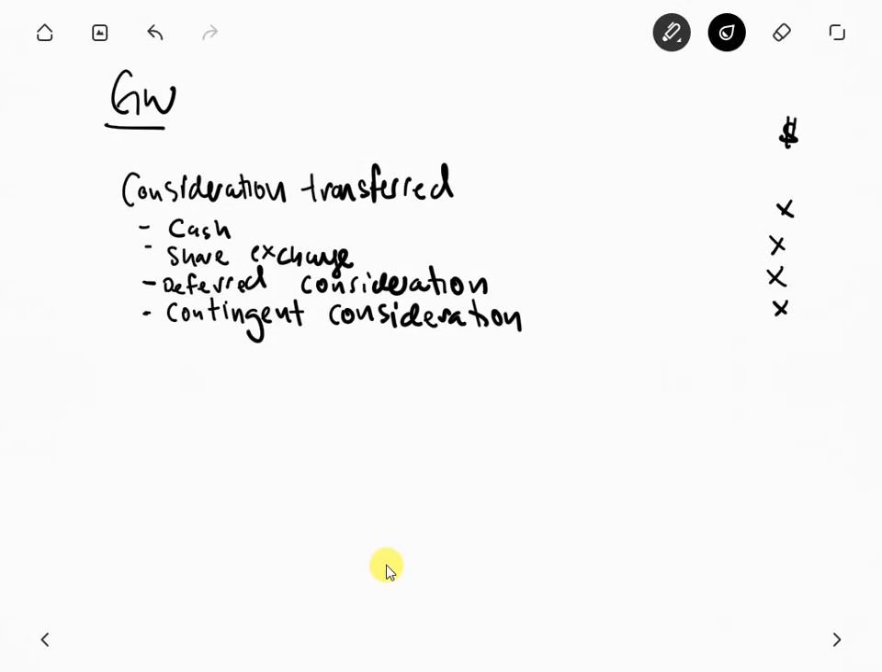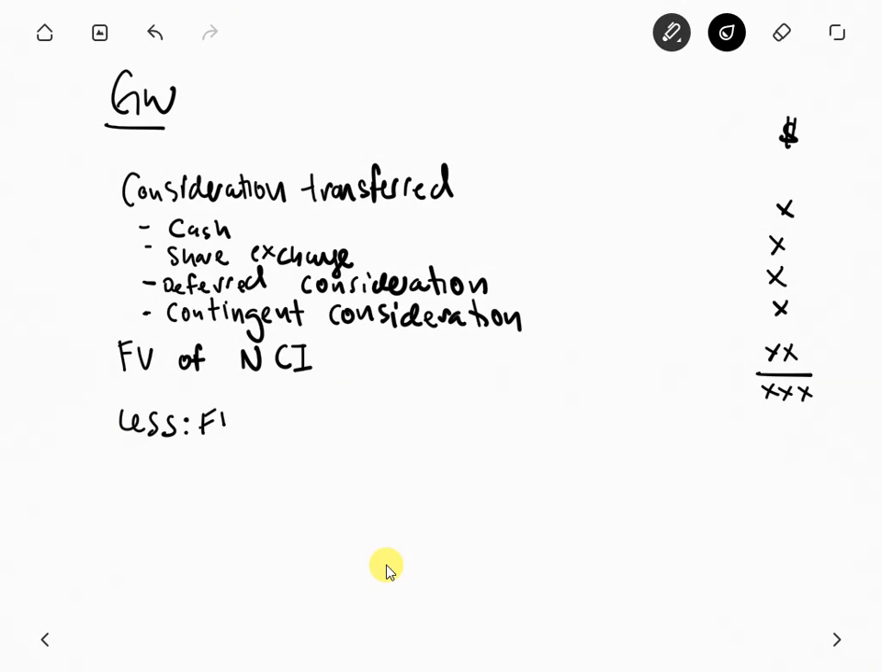Then, what is that? Fair value of NCI. NCI first, right? Here I use fair value, so the fair value of NCI will be this much. We total up and then less: